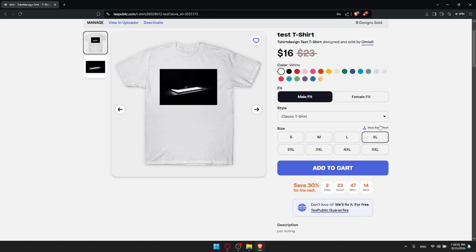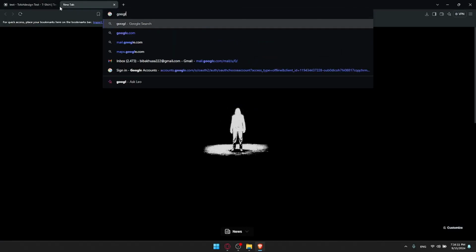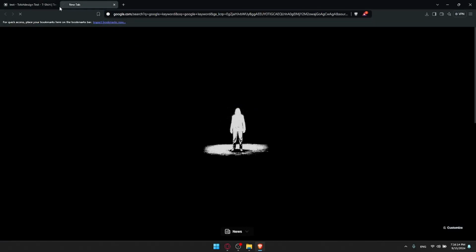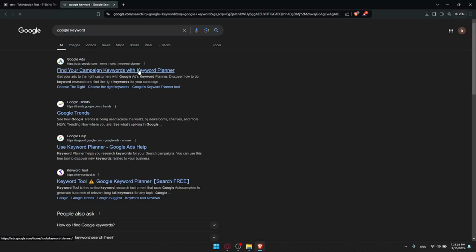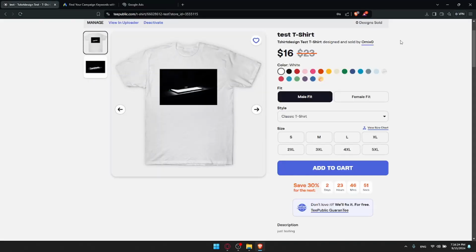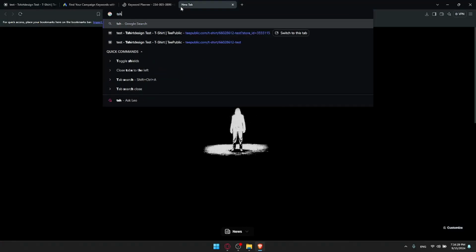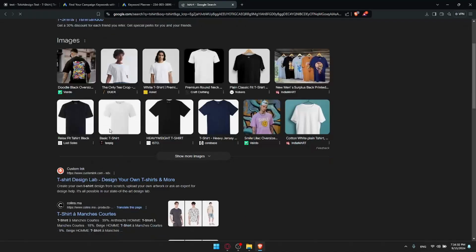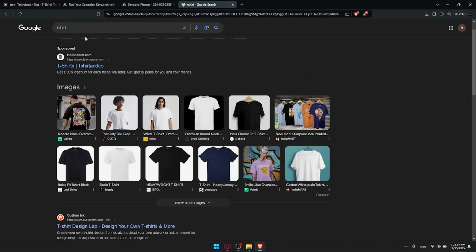Make them easier to find on Google. You can use keywords that customers are likely to search for in the product title and description. For example, you can use this Google keyword planner. I'll just type Google keyword planner as an example. It's this one, and you can see which keywords are most searched for, and you can simply add those keywords in the title if it's relevant, or in the tags. So when people look for t-shirts, or maybe they look for TeePublic t-shirts,